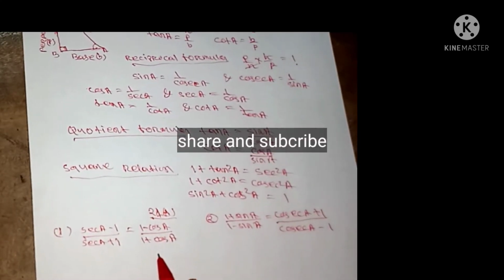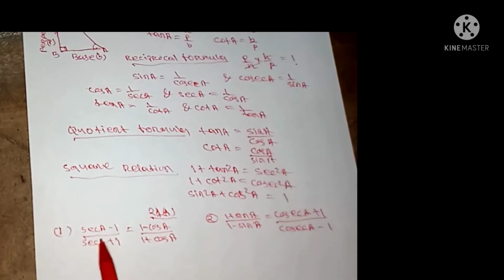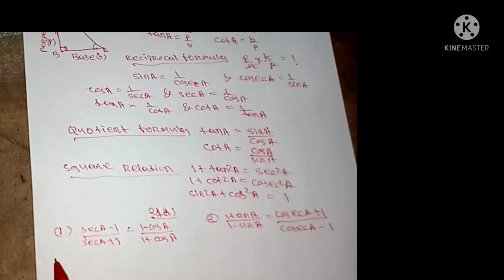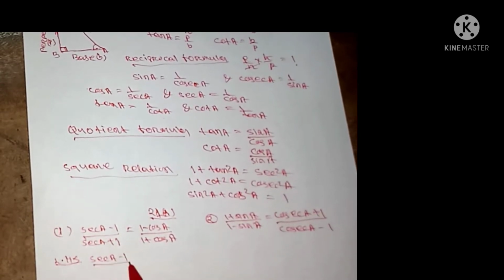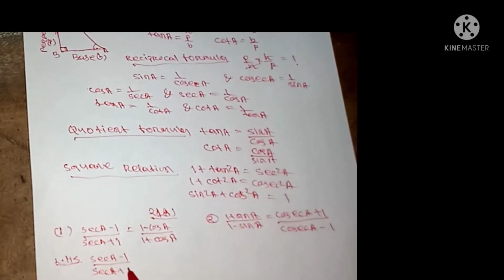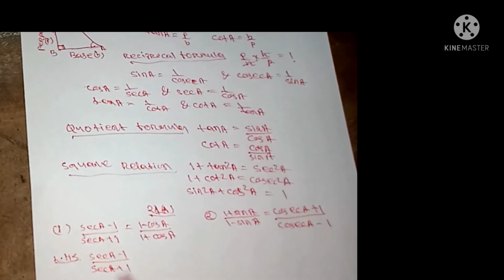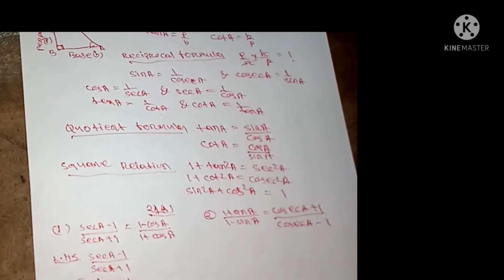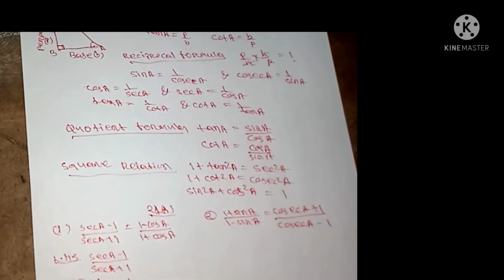Now come to exercise number 1. Prove that sec A minus 1 by sec A plus 1 equal to 1 minus cos A by 1 plus cos A. Start from LHS. LHS: sec A minus 1 by sec A plus 1. You can write the reciprocal formula for sec A, 1 by cos A, minus 1 by 1 by cos A plus 1